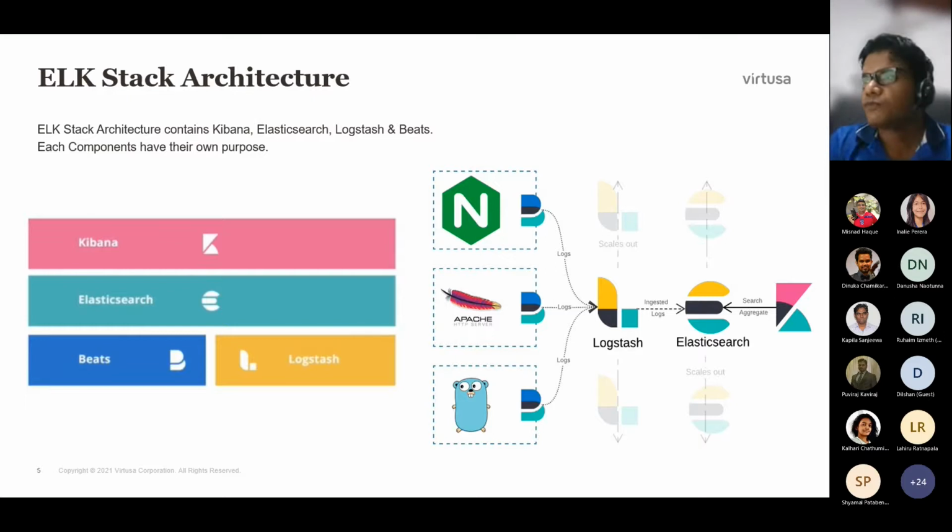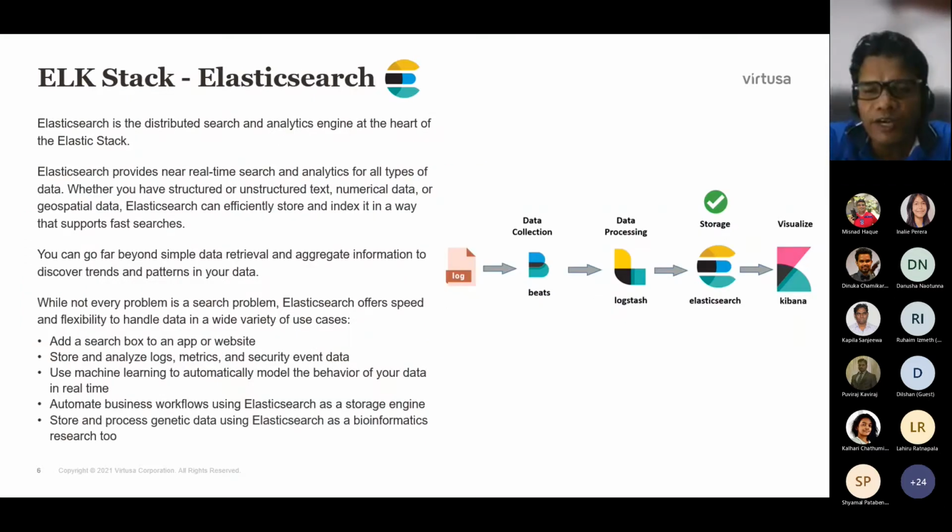Then I'll take Elasticsearch. So what is Elasticsearch actually? It's a distributed search engine or analytics engine, where you can do fast search, fast analysis, fast log analytics, use cases like that. Like the Google search engine, right? They have their own search engine where you can do full text search. Like that, Elasticsearch is also basically a distributed search engine.